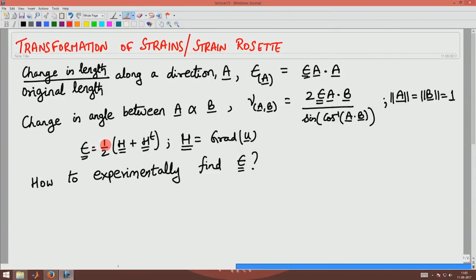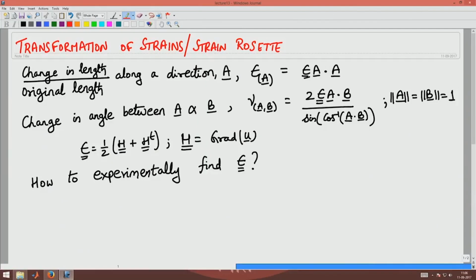So, if you take the linearized strain tensor as 1/2 of the gradient of u plus gradient of u transpose, that tensor multiplied by the direction along which you want to find the change in length by original length, and dotted with the same direction, will give you the change in length by original length. Similarly, the change in angle between two line elements A and B is given by this expression,